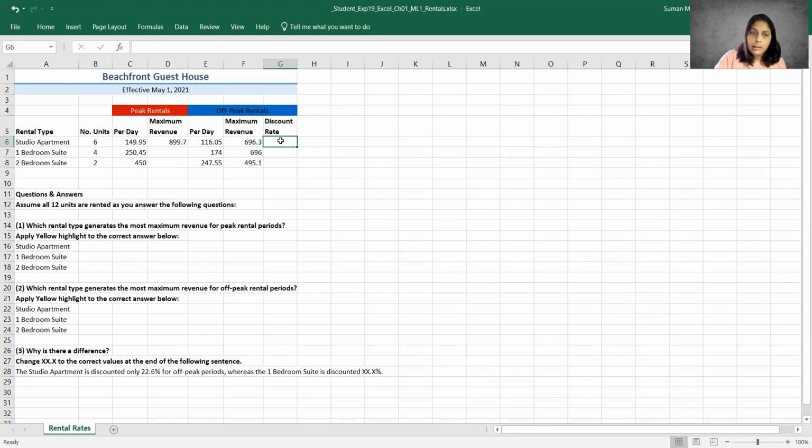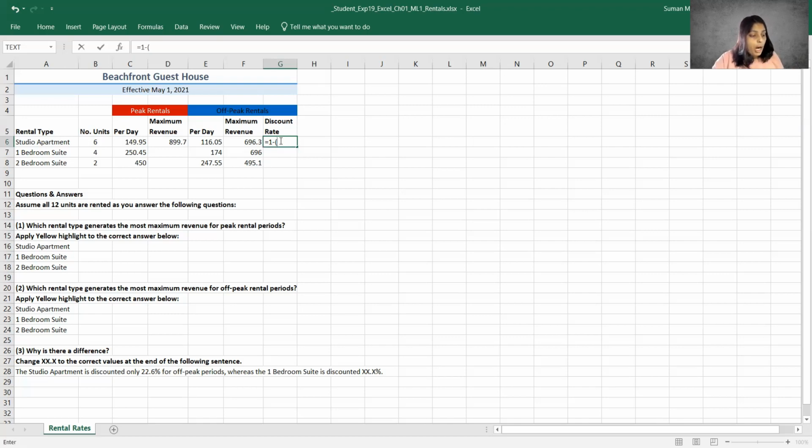So I'm going to write equals 1 minus, and I'm going to do an open parenthesis because if you ever learned PEMDAS when you were in school, you know that the P stands for parentheses. Anything in parentheses in the mathematical order of operations will be calculated first, and we want whatever we put in the parentheses here to be calculated first.